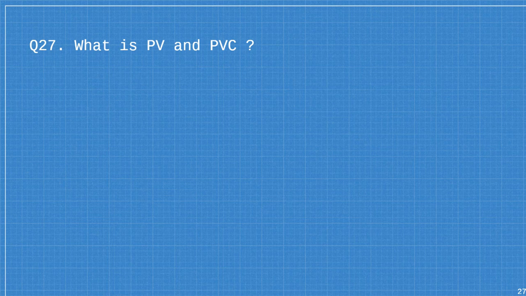Okay, what is PV and PVC? Persistent volume and persistent volume claim. There are some applications which are writing logs and making some data. As we know, a container's life is very short, and a pod's life is also very short. It can restart, as we have provisioned the pods. When we restart, the pod gets deleted, and a new pod will be created which will not have the old data.